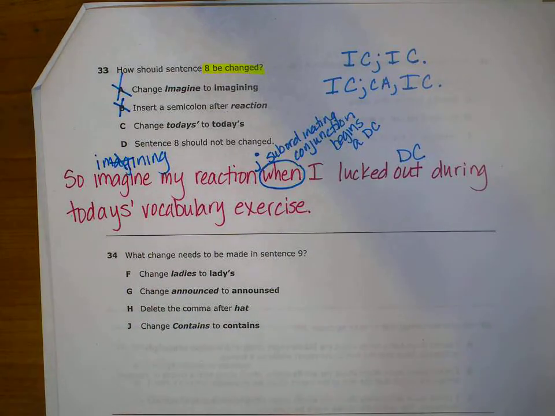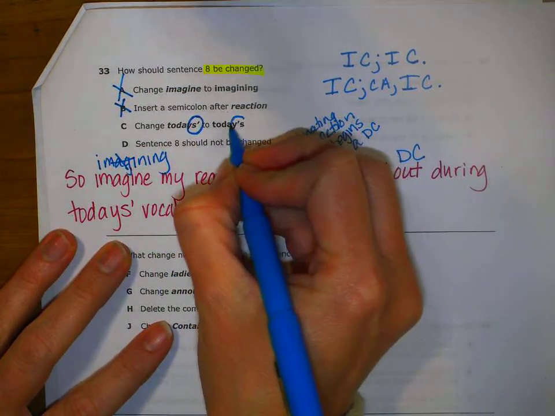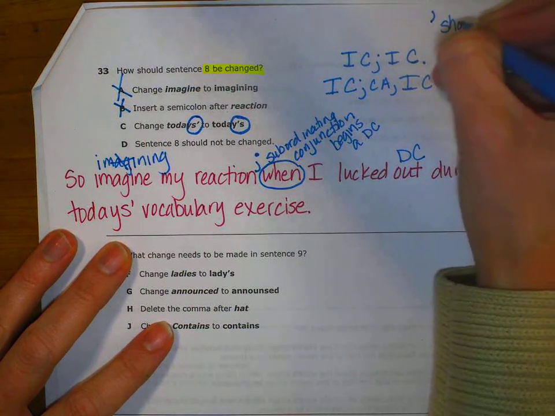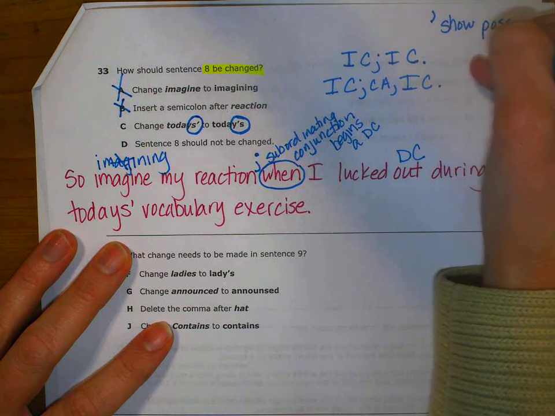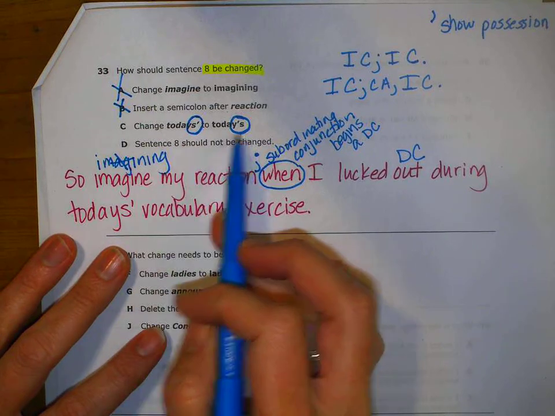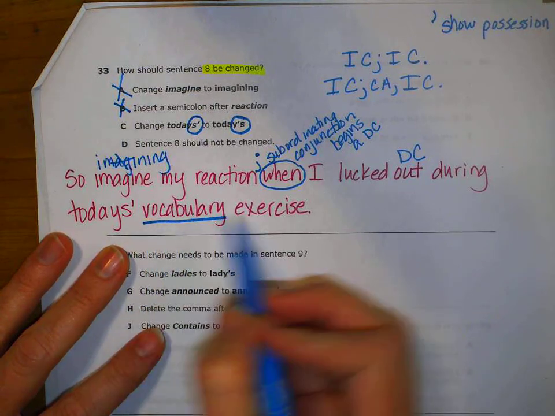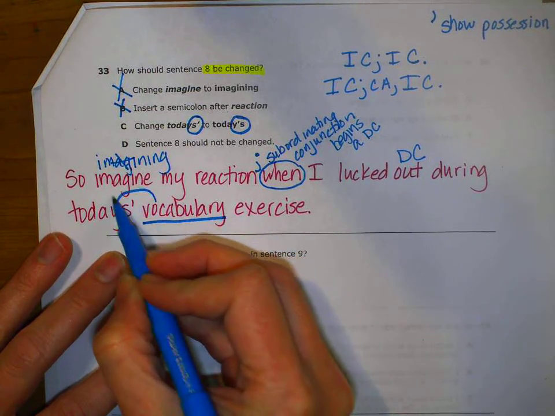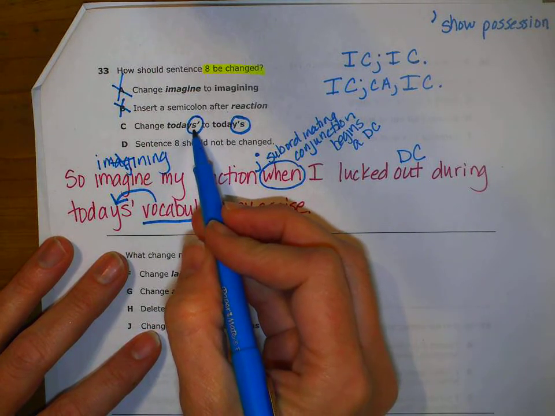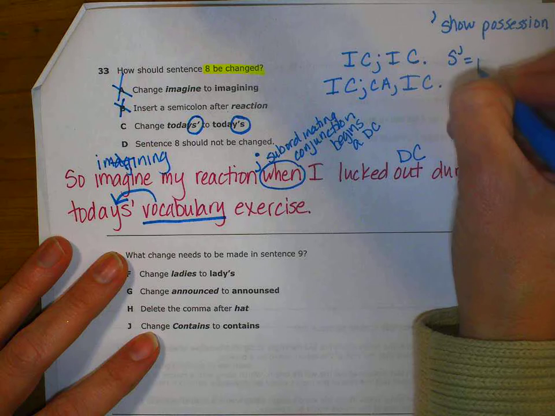Now, my next choice has to do with apostrophes. So I know that apostrophes show possession. I know that they show possession and action. But this one is a possession. So I'm going to underline vocabulary, because the vocabulary exercise is what belongs to today. So now I have to figure out, what's the difference between S apostrophe and apostrophe S? I know that S apostrophe equals plural